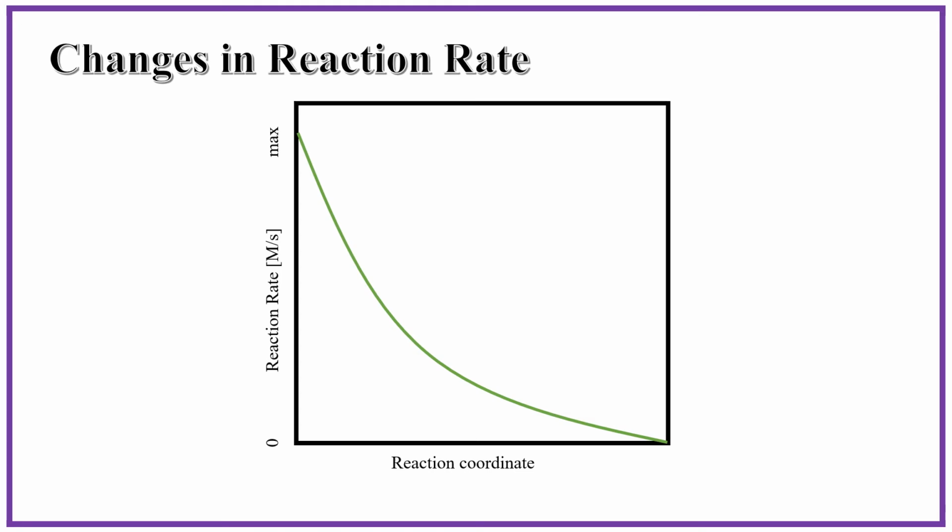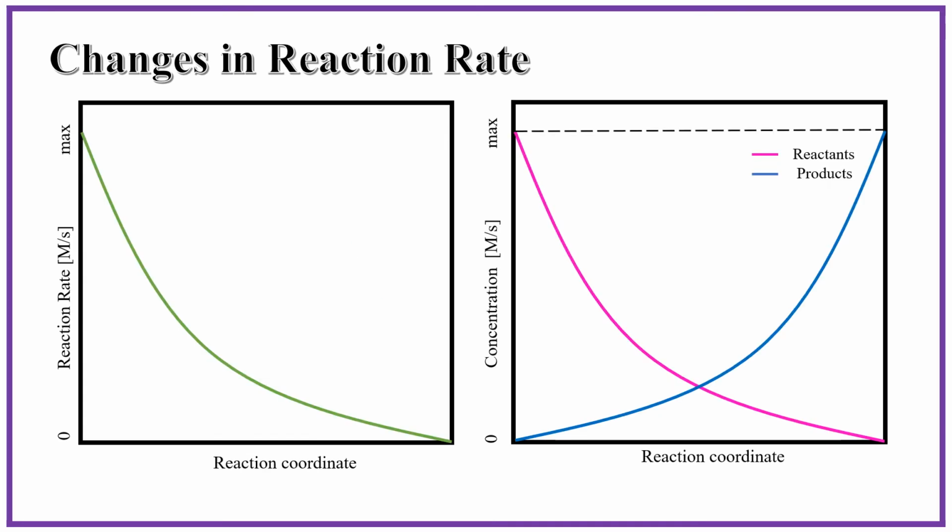The main exception to this rule is when the overall reaction order is zero, meaning the reaction rate is completely independent of reactant concentration. Another way to visualize this concept is to observe the reaction coordinate in terms of reactant and product concentrations. As the reaction progresses, the concentration of the reactants will continually decrease while the concentration of the products increases. At some point, the concentration of the reactants will get so low that the reaction effectively comes to